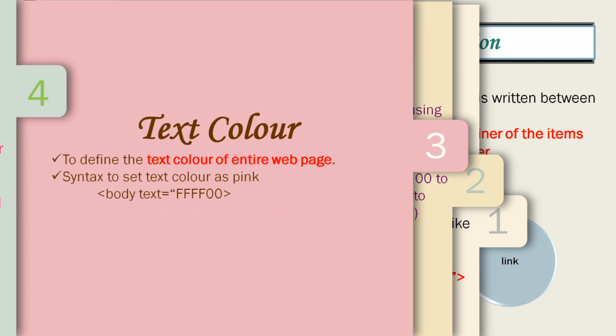That is text color. It will define the text color of the entire web page. Here if you want to define the text content of your entire web page, generally we will write it in the body attribute. Suppose you have many paragraphs, to change the text color of each and every paragraph, I don't need to write code for each and every paragraph. I will write the text attribute in the opening tag of body, and all the text content of that particular web page will get the value of the text attribute.